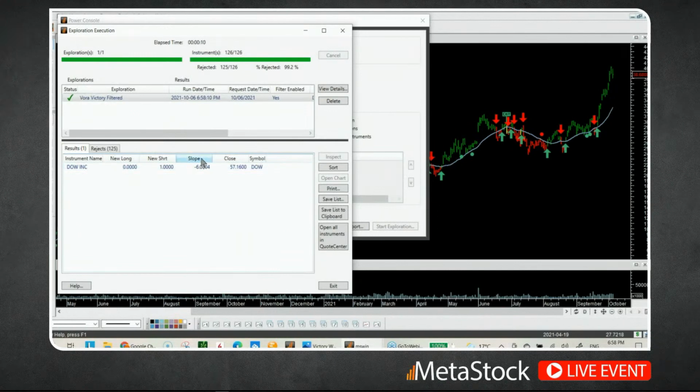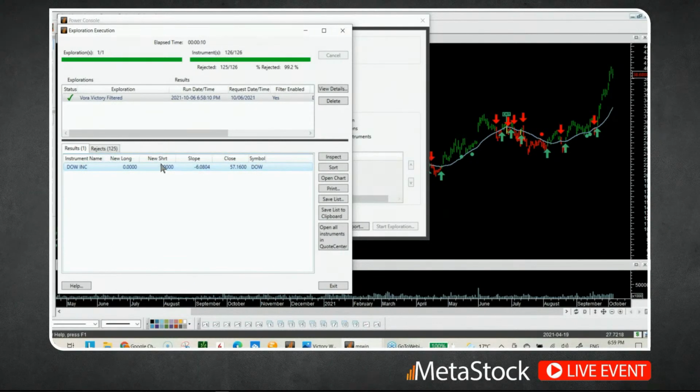Now, this column here, the slope, see how it's a -6? Anything +5 or higher on the long side, or anything -5 and greater on the short side is what you want to focus on. And so since I ran the filtered one, it would only give me that selection. Now, once you have it here,